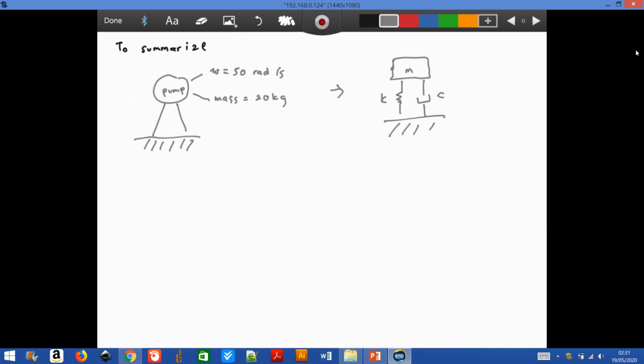So if I want to find the spring coefficient, or if I want to find the damping coefficient,